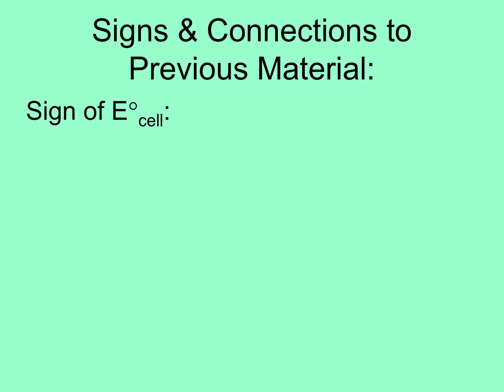So now it is time to connect what you learned about thermodynamics, electrochemistry, and equilibrium and put it all together. Okay, so when you look at the sign of E cell, that can tell you whether the cell is thermodynamically favorable or not. So if E cell has a positive sign, okay,